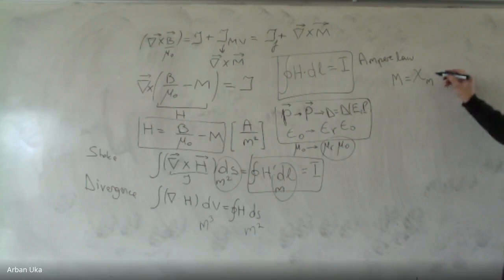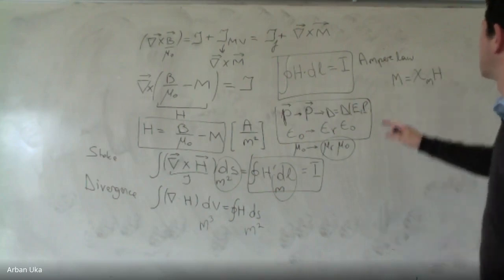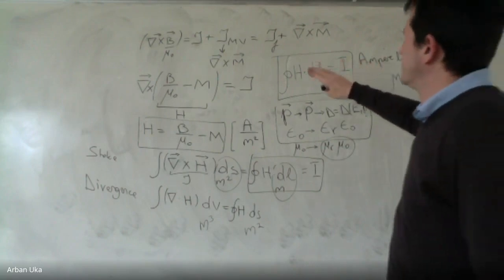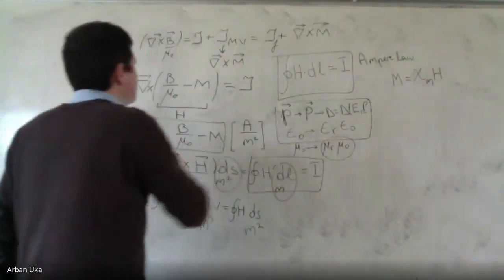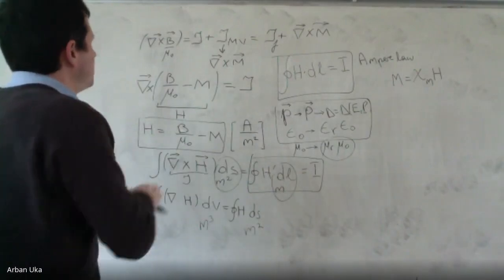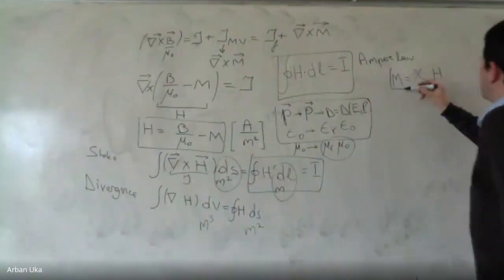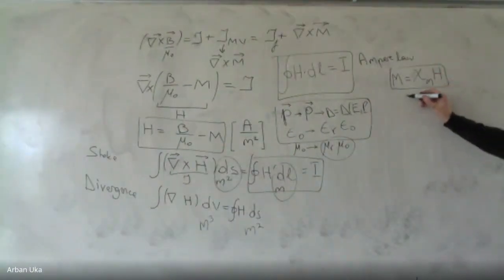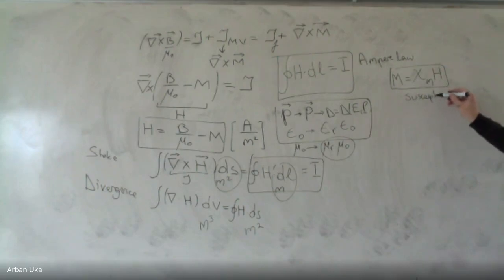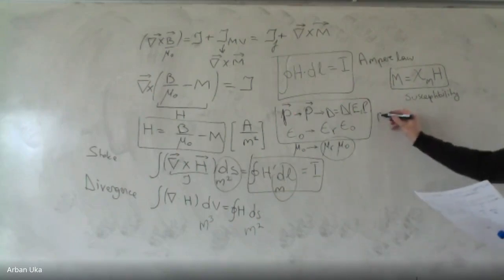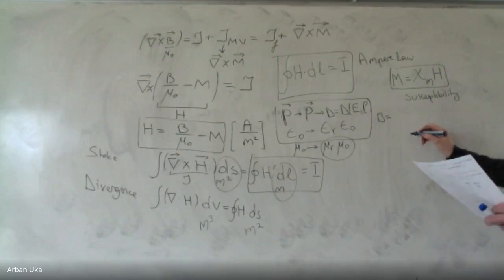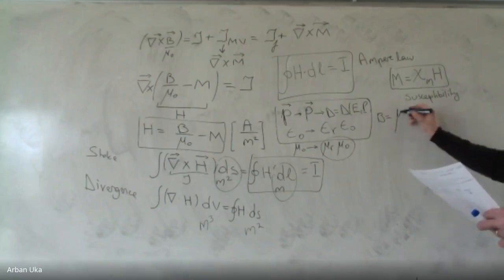This is the magnetic susceptibility times H, which in principle is psi M times H. So this is called the magnetic susceptibility, and B then would be equal to mu 0 H,